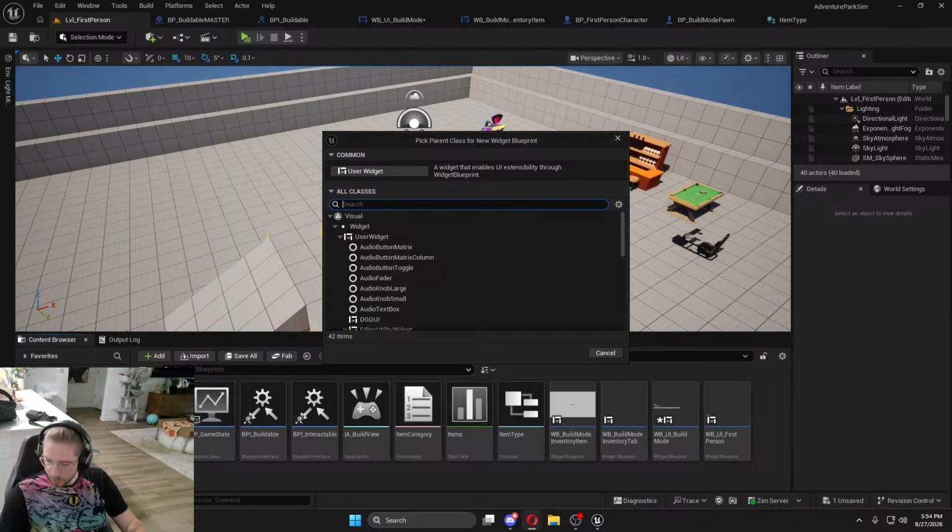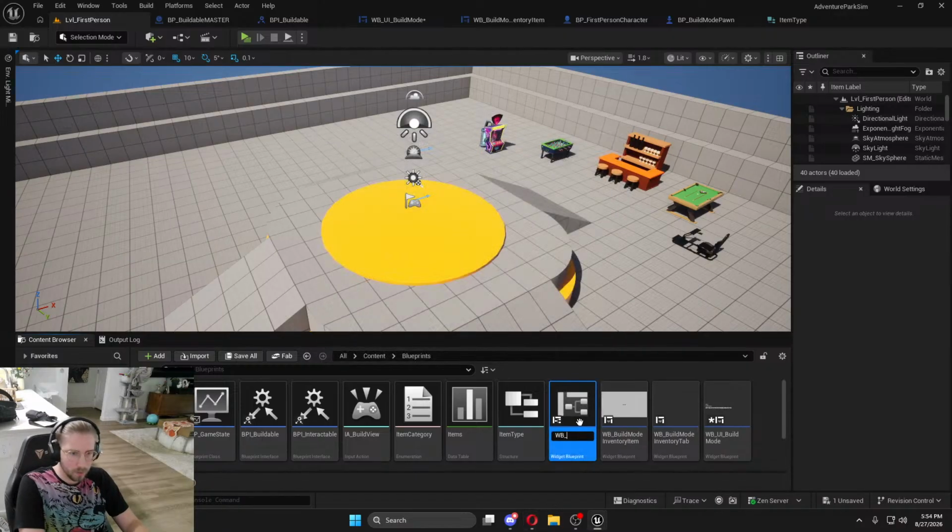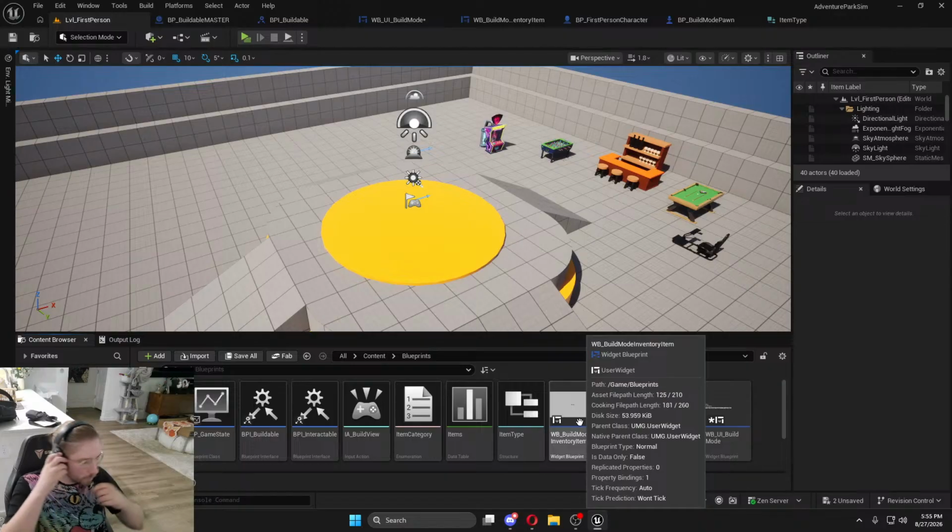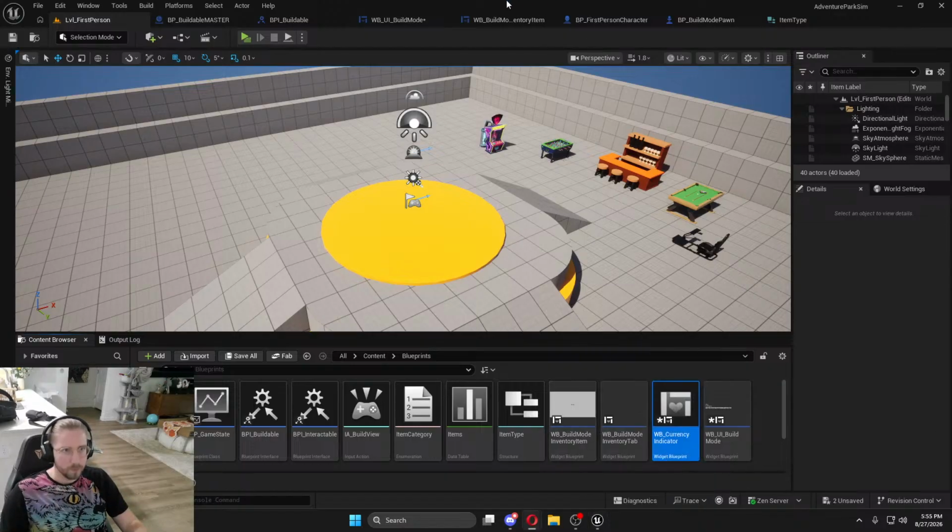Let's open this up. Yeah, so that can be universal. Canvas panel so we can, okay, and then we'll go into